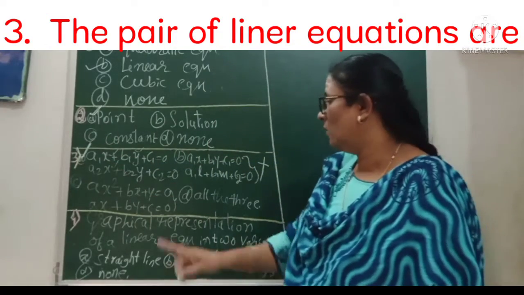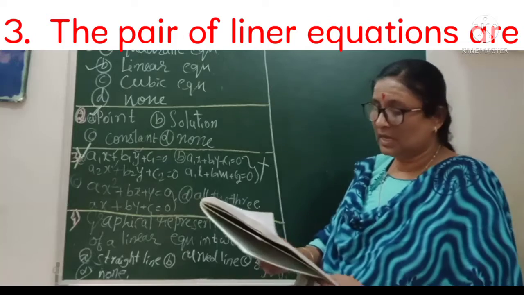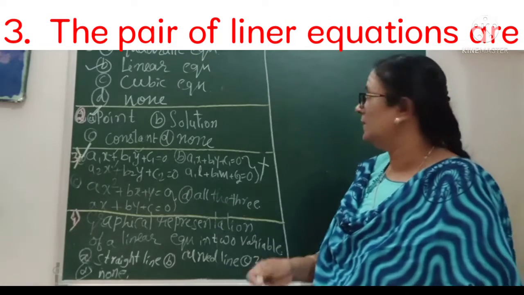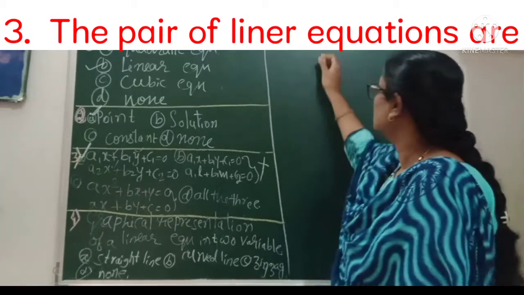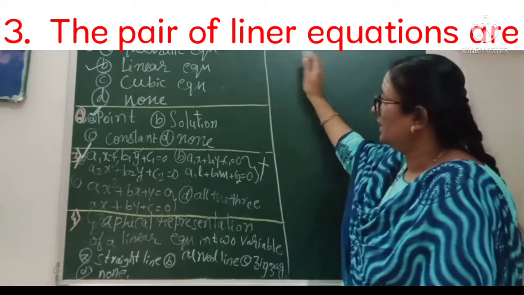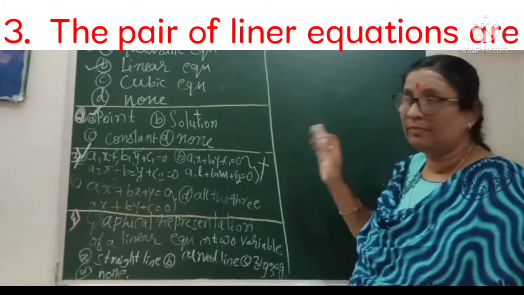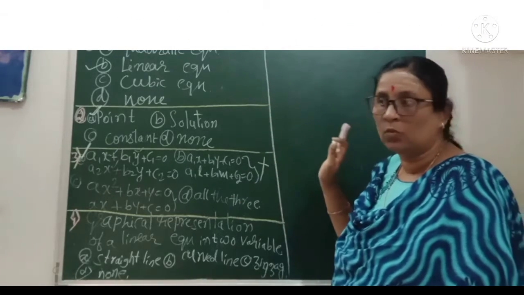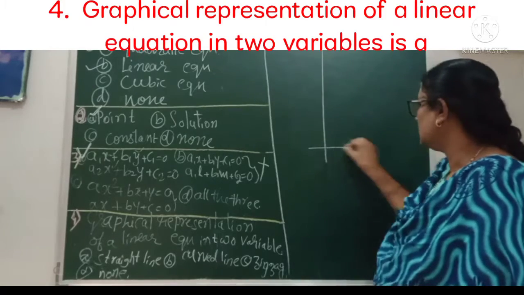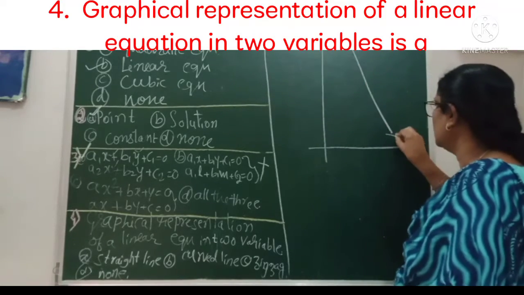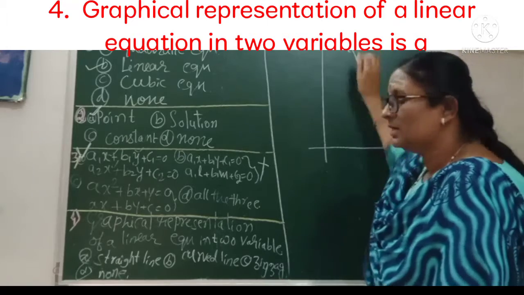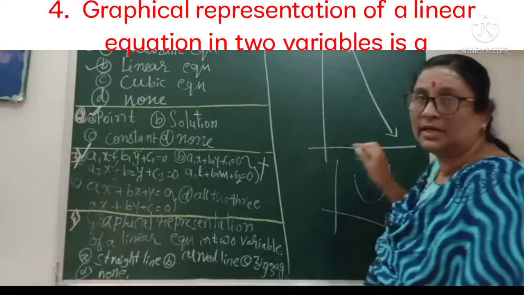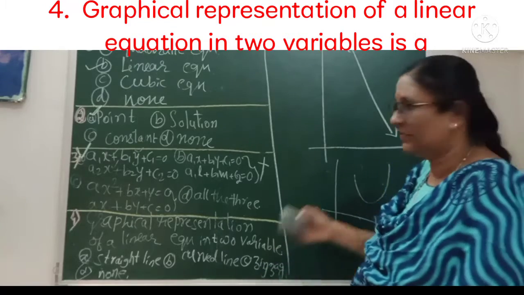Okay. Now I will go to the fourth one. See, the graphical representation of a linear equation in two variables is what I just explained. All this concept you have studied in your 9th standard, and it continues here, because the next concepts move based on that. Look at this one. As just explained, when you draw a linear equation graphically, you are going to get a straight line. A parabola and hyperbola, which you will study in higher classes, in PUC first year, are different.